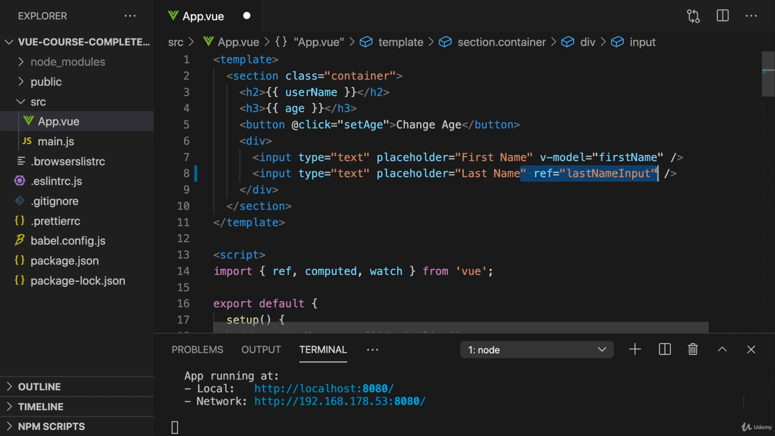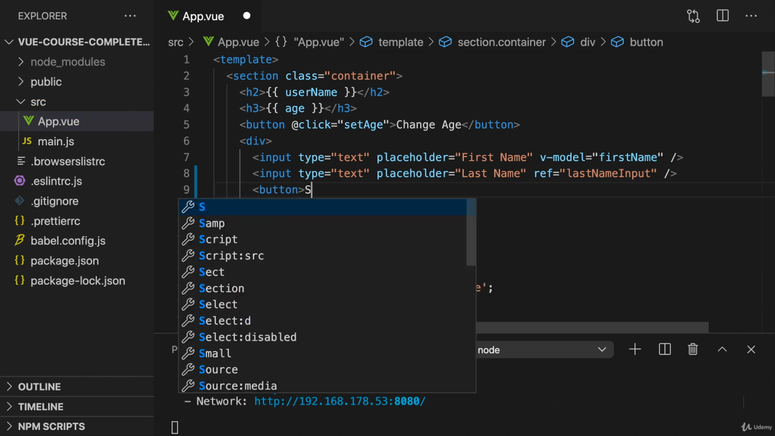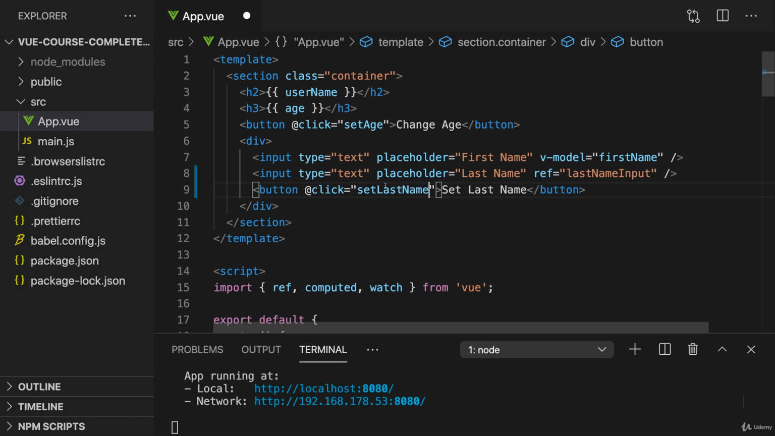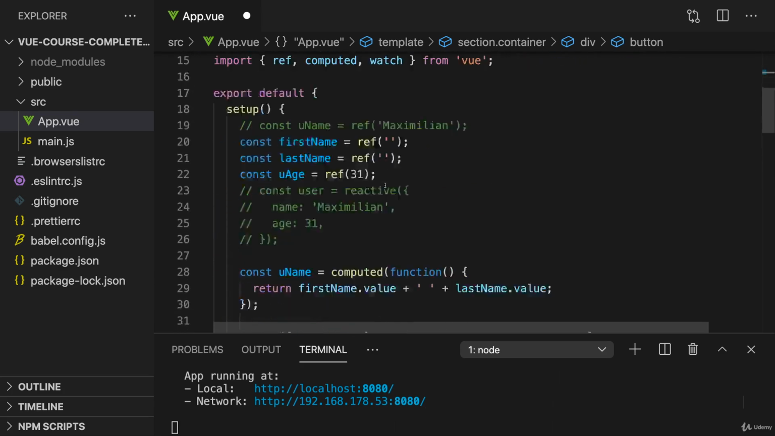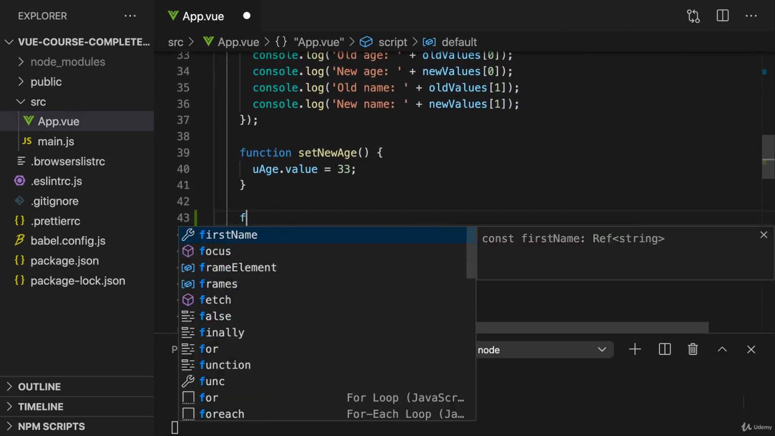So let's say we want to do the same here. So we have a button here, set name, where upon a click, I want to call some setName function, and that function should then set the last name. Actually, therefore, I will name it setLastName and name the function setLastName. Now, of course, first of all, we create that function. So we add a new function in the setup method,